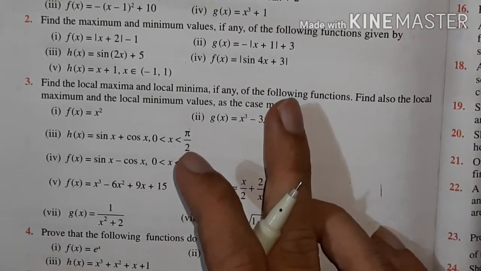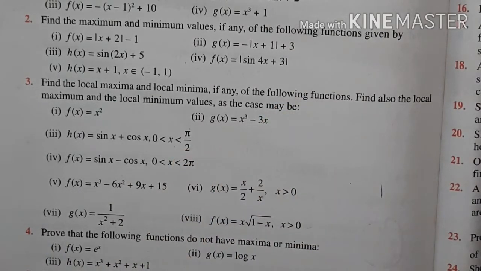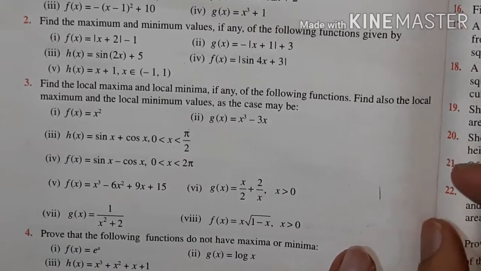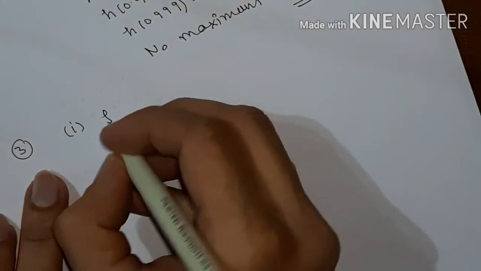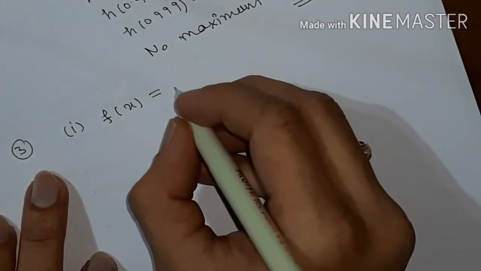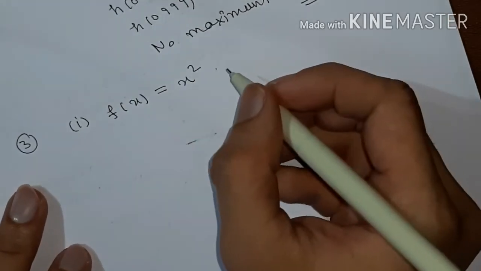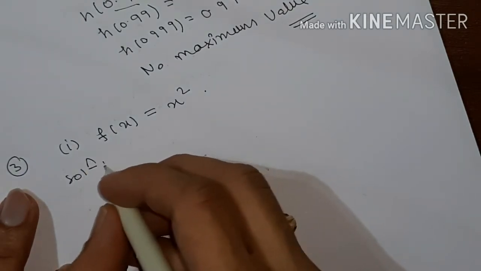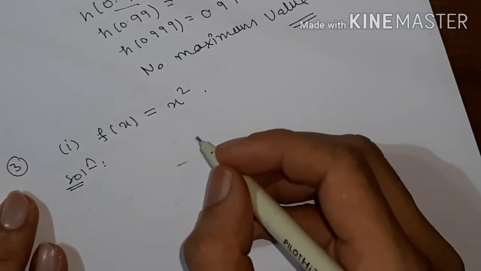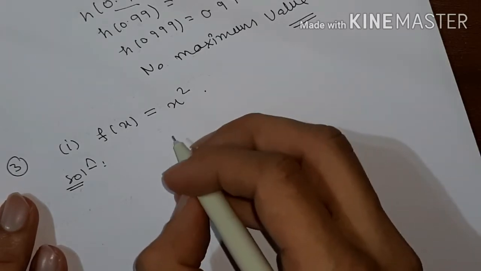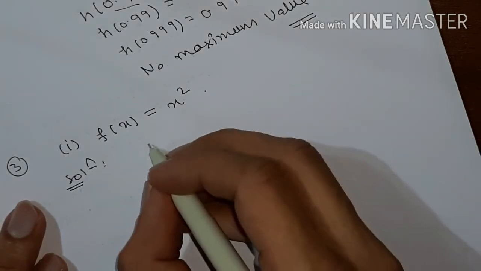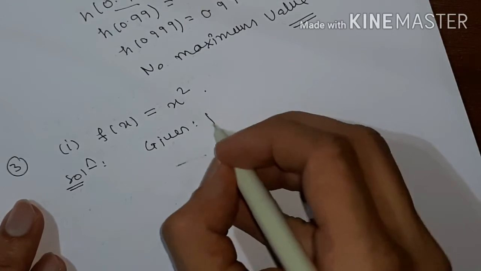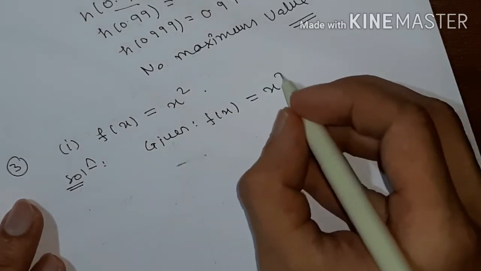Now to find the local maxima and the local minima, there is a direct method here. So let us see how to solve these problems. The first one is f of x equal to x square. Domain is not given here. So let us see how to solve this type of problems. Now what you have to do here is, you see what is given first, that is f of x equal to x square. This is the function which is given.